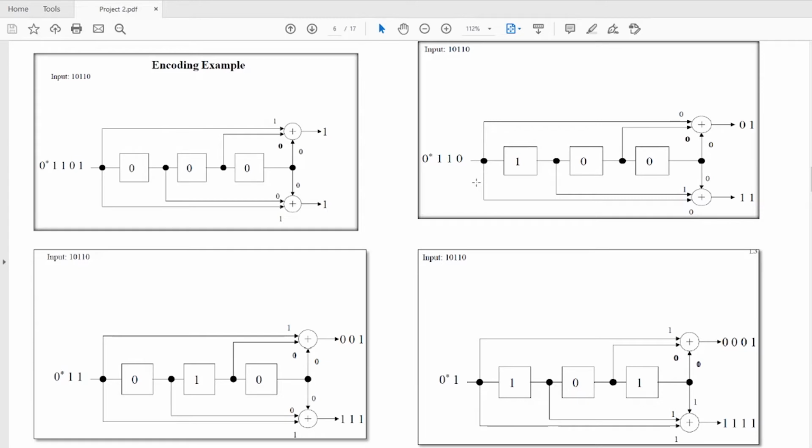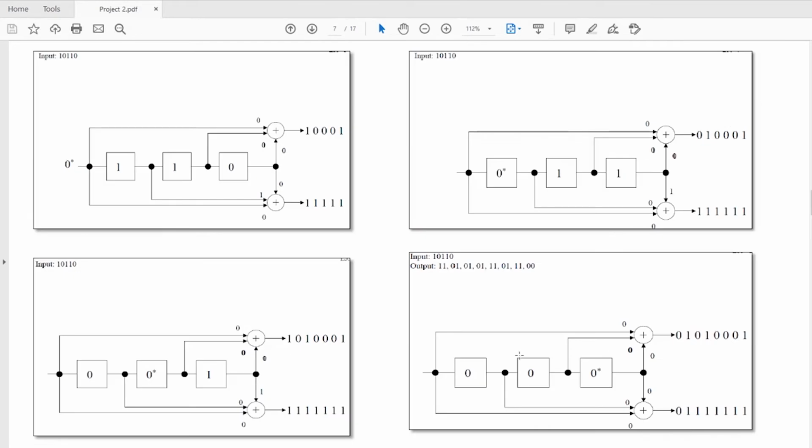Also for the other connection, the other generator sequence, 0 comes out, 1 comes out from this register, and there is no connection, and there is a connection with 0 output. So altogether 0 1 1, that gives the 1. Likewise, we can find the generator sequence, and using the generator sequence we can find the output for the input symbols. Now finally we have 0 0 0 1 1 1 1 1.